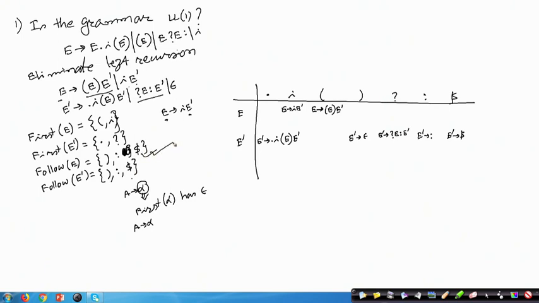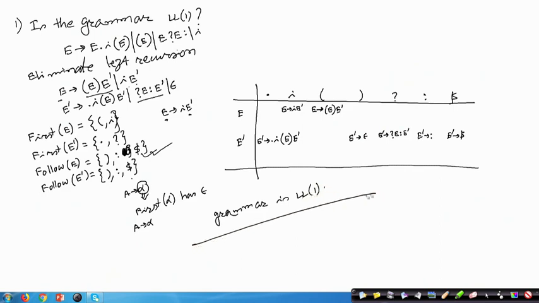So, ultimately when we have constructed the parsing table, you see that there is no entry which is multiply defined. There is no cell in this particular table where more than one rule is to be noted. These blank entries are all errors. That is fine, but there is no duplicate entry. So, this grammar is definitely an LL1 grammar. Okay. So, this way you can solve this particular case to show that the grammar is LL1.